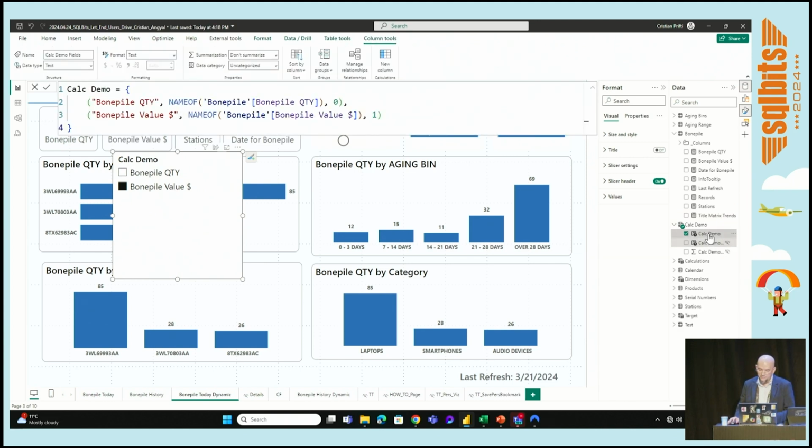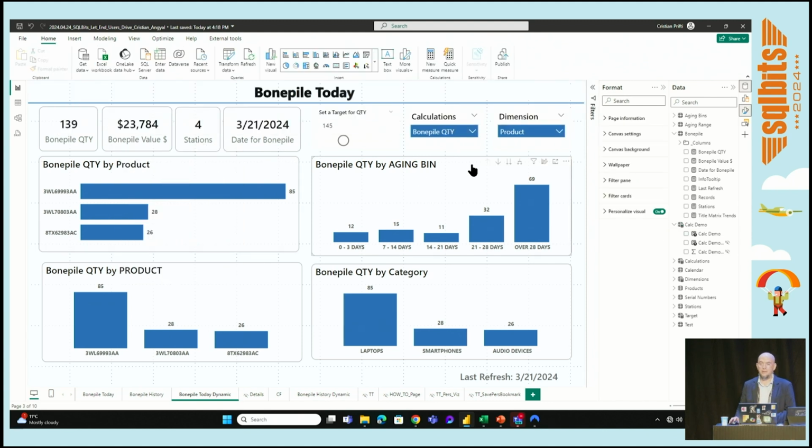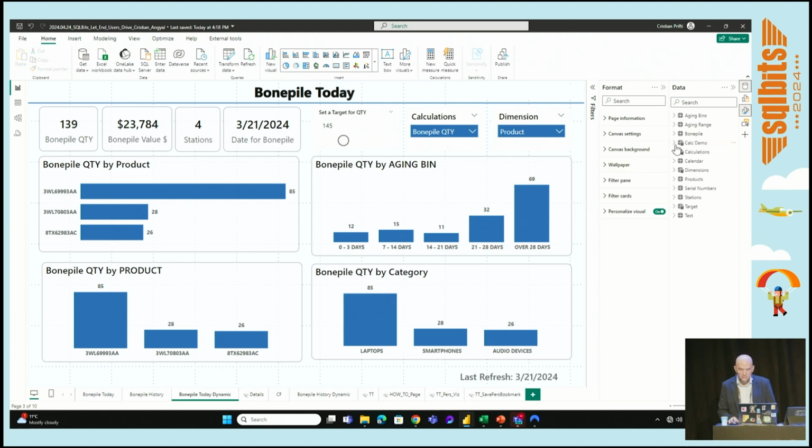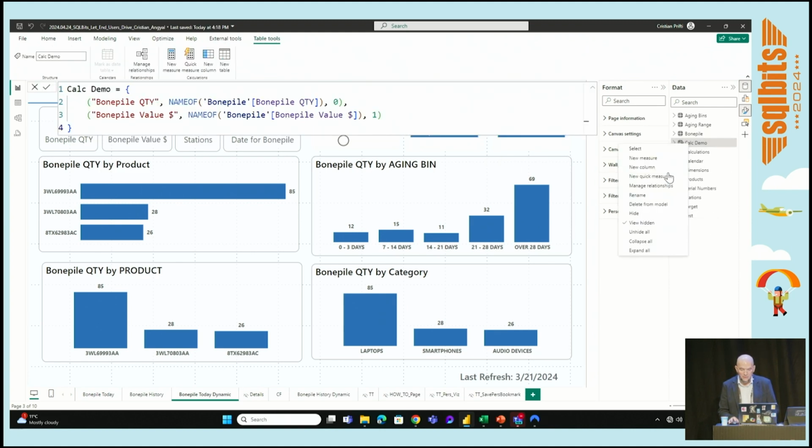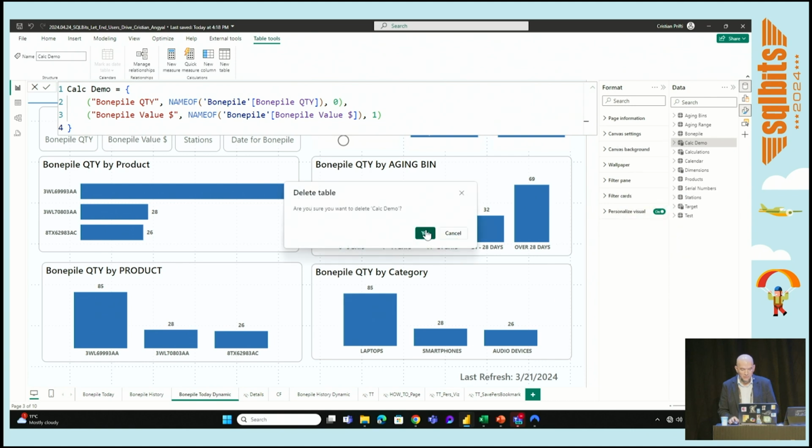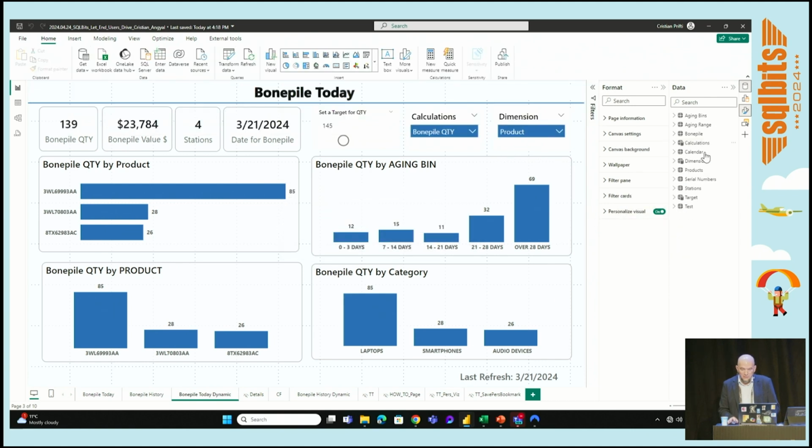This one, if we're not adding it to the charts, this is why I will delete this one, and I will show you the other one that I already built. So here, let me delete this one too, delete from model. I have